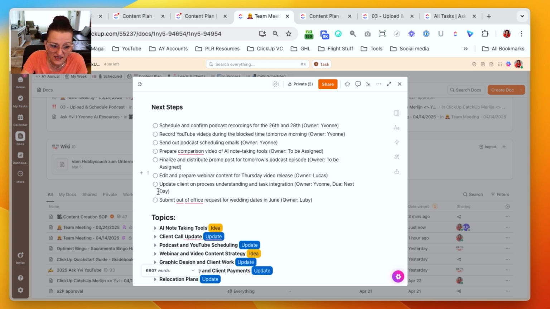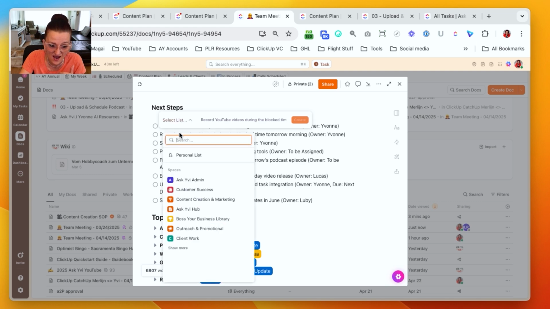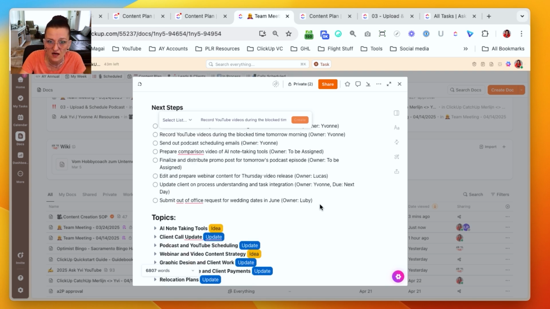So I can either go straight through here and check off the items that Libby and I talked about that need to get done, or I can mark this and turn this into a task wherever it needs to go. And now it is action-based. It is not just some notes that are flying around somewhere and nobody is taking action on it. We are here to get things done, not just to collect knowledge.